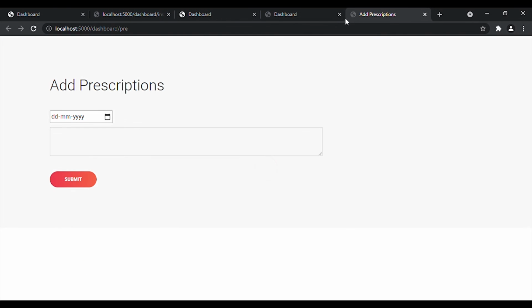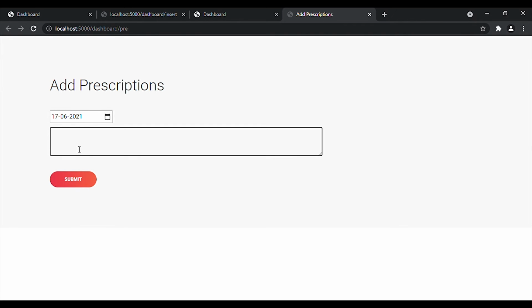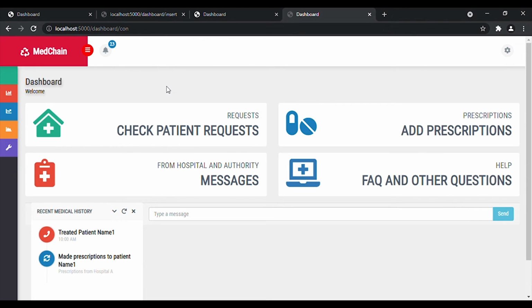When we open this prescriptions tab, we can select the date and add the necessary prescriptions. As a sample, I am adding prescription 1. On clicking submit, we are again redirected back to the dashboard page of the doctor.